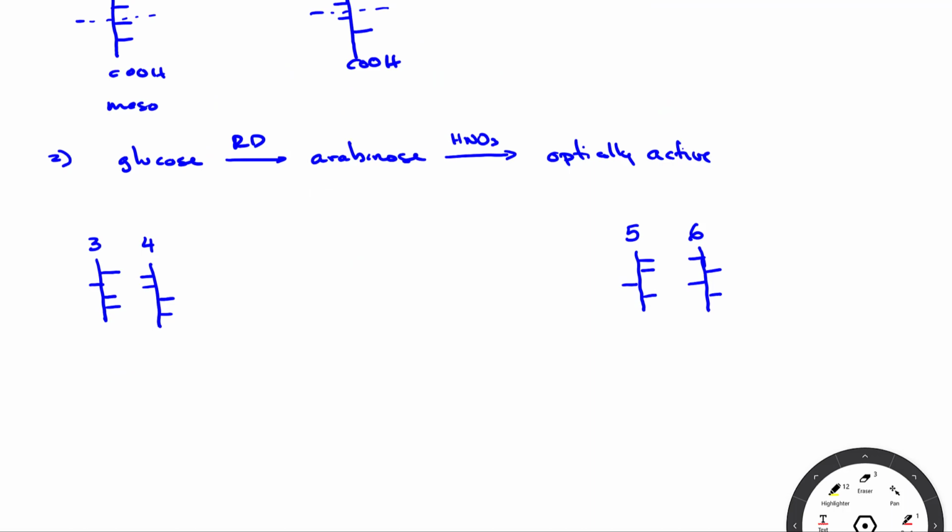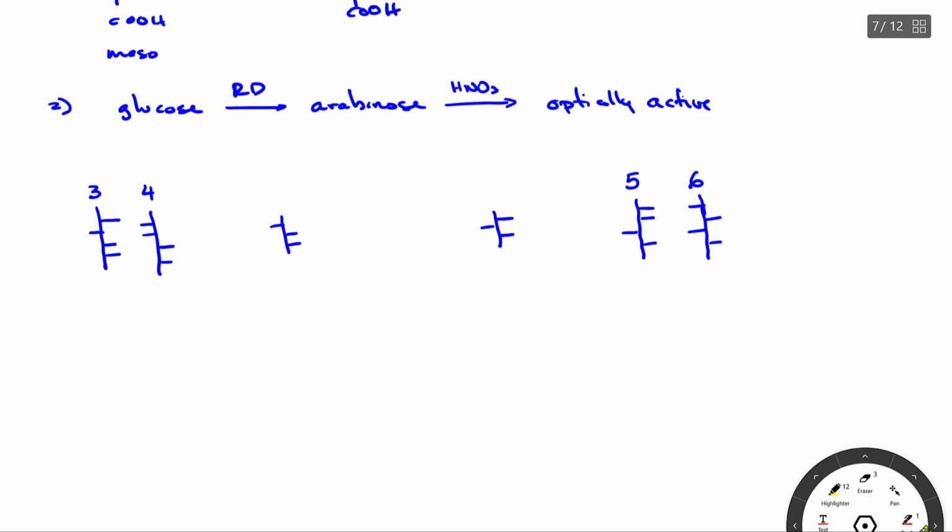He did a Ruff degradation. And so what you end up with for 3 and 4 is this, and then for 5 and 6, you end up with this. So I think it's obvious. If the product had been optically inactive, then it would have been this structure. This structure, if you convert it into its aldaric acid again,